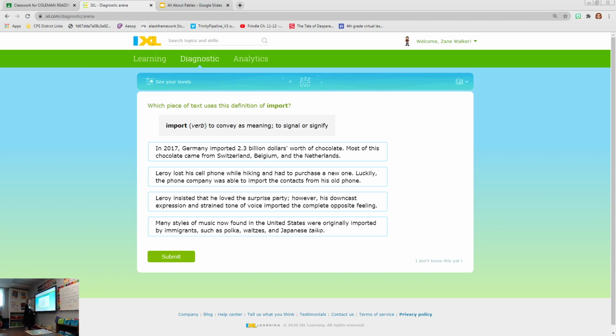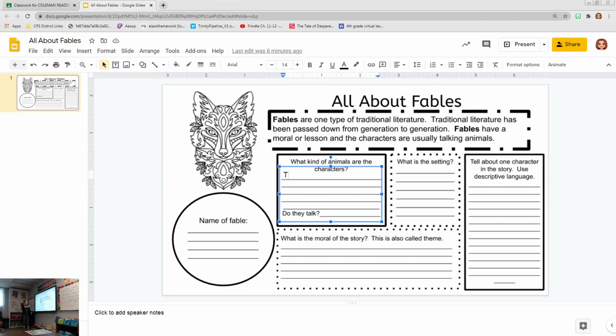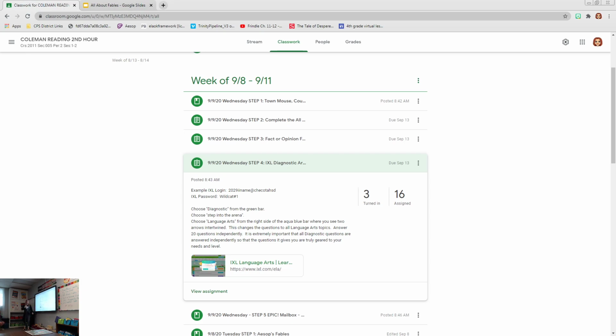When you get your 20 answered, then you are finished with your IXL, and you're going to go back and view assignment and turn it in. This will normally just be up here as a material, as one of our steps. You probably won't have to turn it in in the future. This is just our first time, so we want to be sure that everybody has actually gone in and done it. So you're going to turn in. After you turn it in,